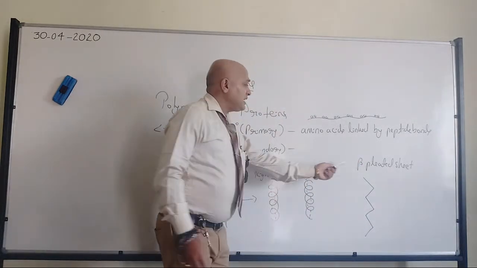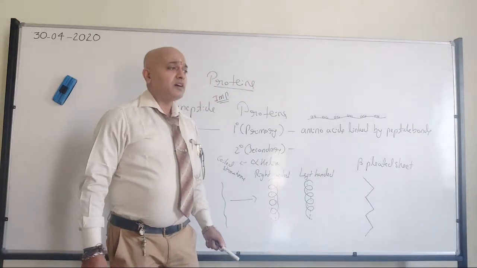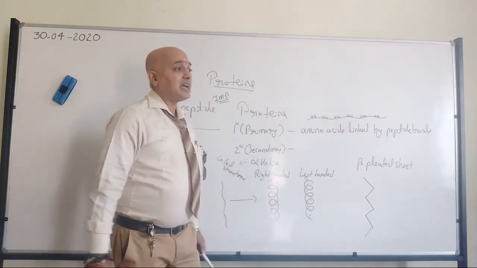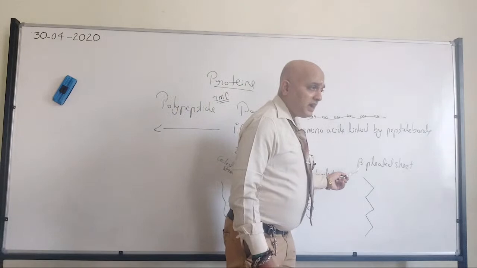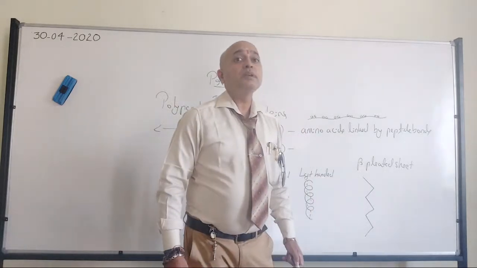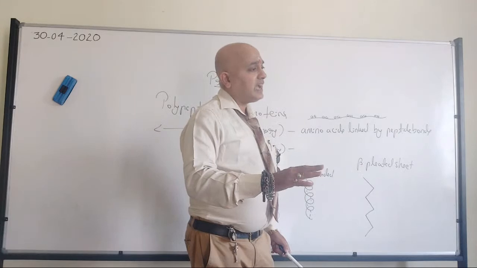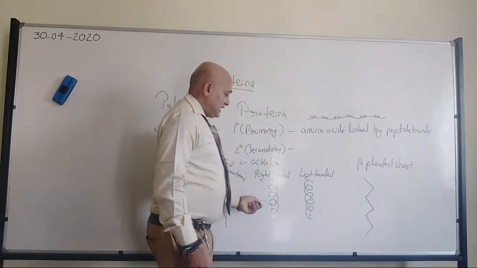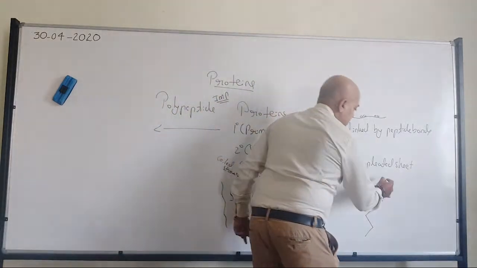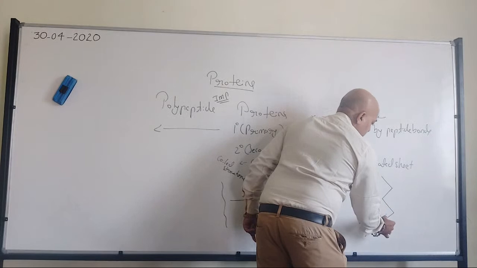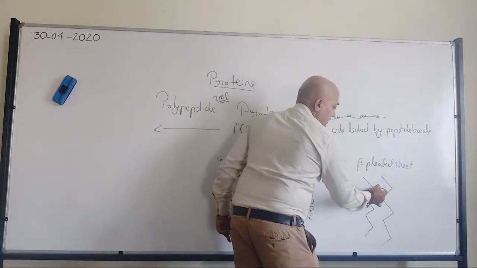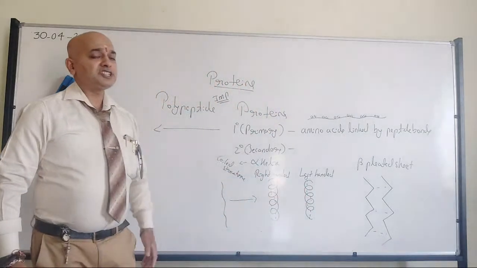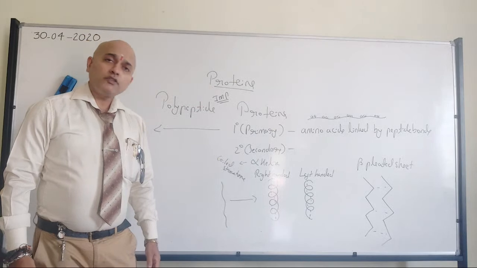So alpha and beta, that name is only because the alpha helical structure was found first. Therefore they kept the name as alpha. After finding the alpha, they later found the beta pleated sheet structure. That's why they kept the name as beta. Nothing to do with structure. Okay. So it is helical. This is pleated. So that's where two polypeptide chains will be making hydrogen bonds. So that's where the beta pleated sheet structure will be there. All of you will agree?